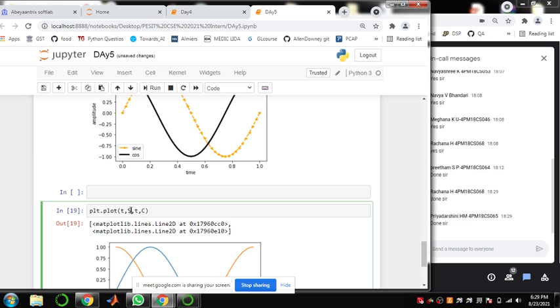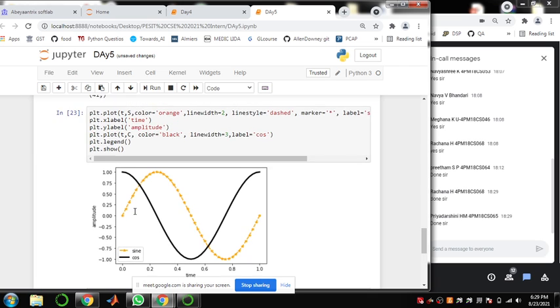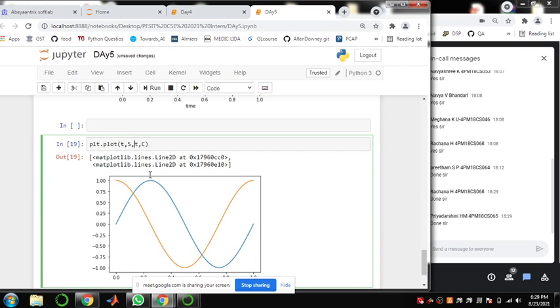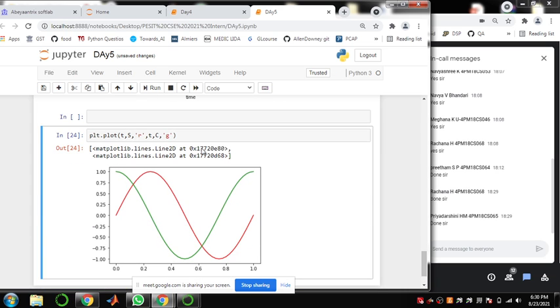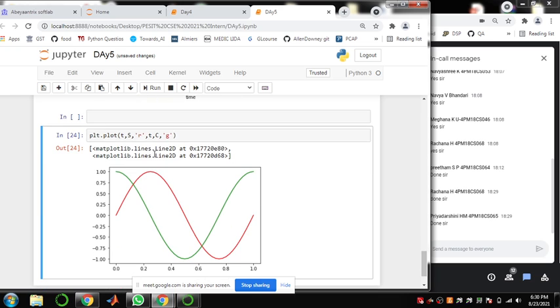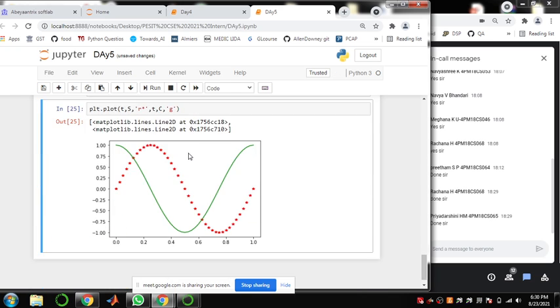Here also you can put these options. For example, instead of writing the options out in full, some options can be written in short form, like red. If I'm mentioning red, it will give a red color to the first signal, and here I'm mentioning green. So the first signal is plotted with red, the second one with green. You can provide these options here also. I will plot this with a star marker. Let us see. So you have a star marker.